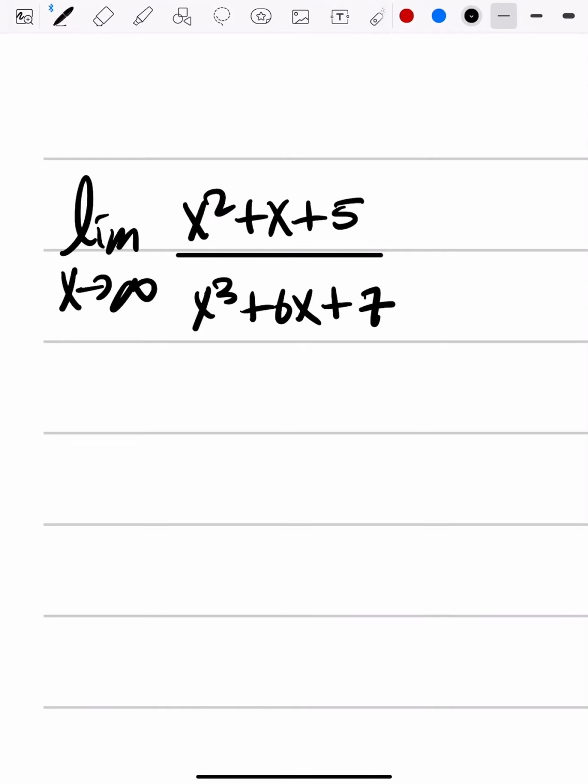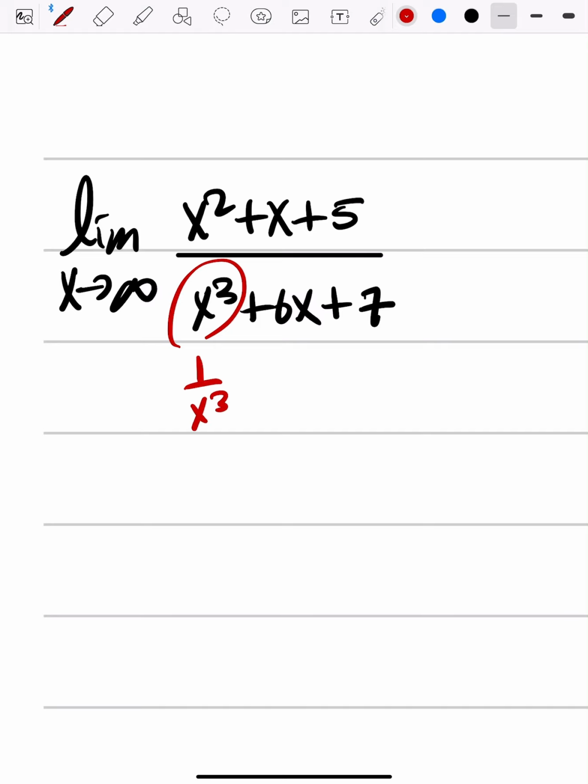Limits at infinity. So what happens if the value x approaches infinity? For this case, how do we solve this problem? Well, first we have to look at the denominator or the numerator and see which one has the highest power. And by reciprocating the fraction, in this case it's x to the power of 3. So what we do is we multiply both numerator and the denominator by the